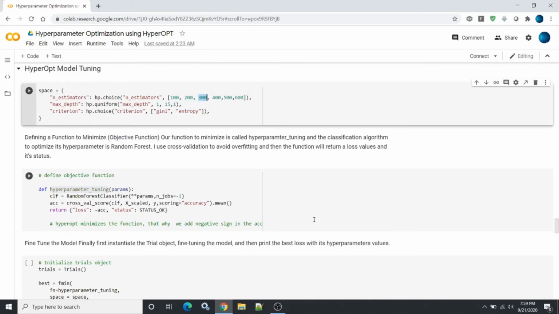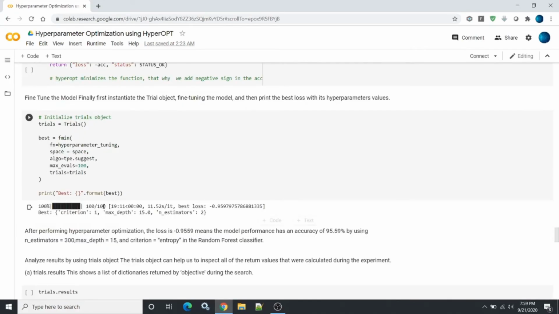So it gives me max depth 15 and criterion equal to entropy with the random forest. You can also try this with XGBoost or LightGBM or the extra trees classifier or any other model. But for the simplicity of this explanation, I just used the random forest with the 3 different hyperparameter tuning options.